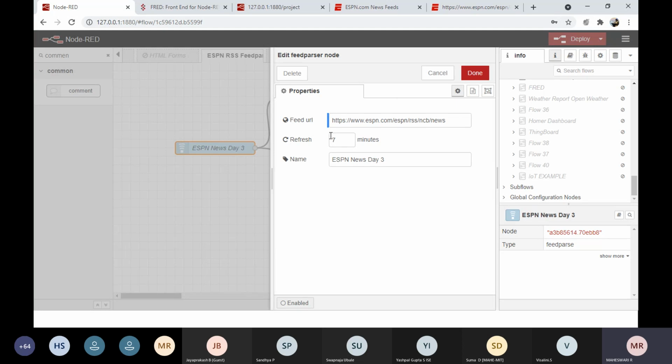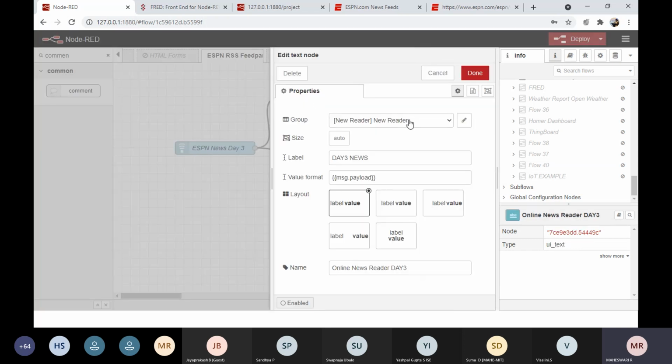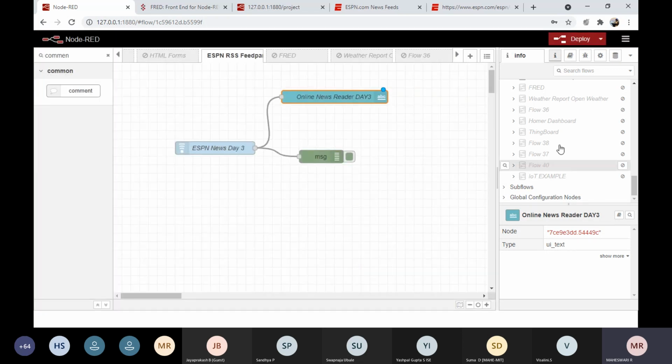Then you can change the refresh, then click done. Then drag and place a text box, and set the group and the tab details. I'm setting it as newsreader, and the size, you can change to small or large, anything you can select. Then for display, it should be center. Then click done. That's all.